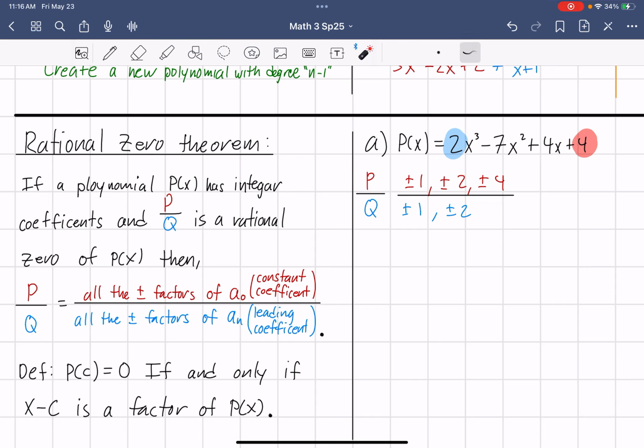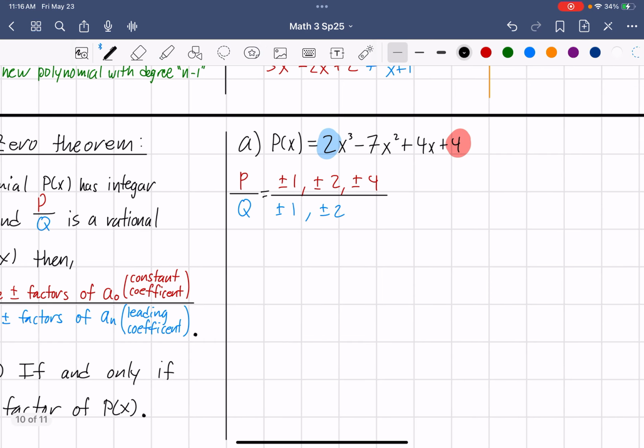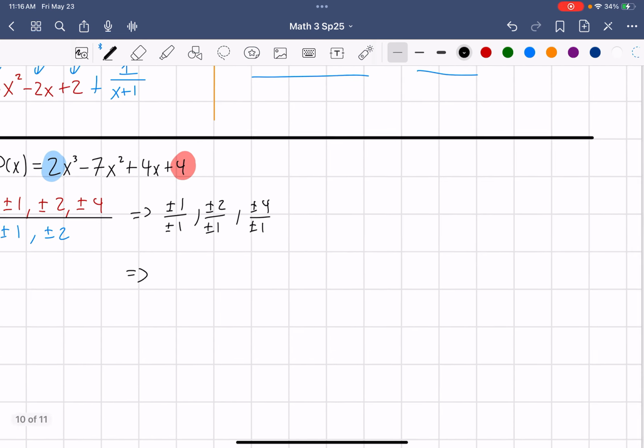And now I have to just divide every combination. The way I like to do it is I take every factor in the numerator and divide it by the first factor in the denominator. Then I take every factor in the numerator and divide it by the second factor in the denominator, and so on and so forth, to make my entire list. So this is what it will look like. Plus or minus 1 divided by plus or minus 1, plus or minus 2 divided by plus or minus 1, plus or minus 4 divided by plus or minus 1,